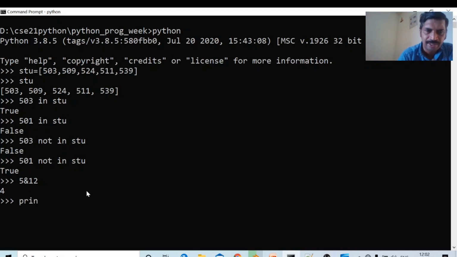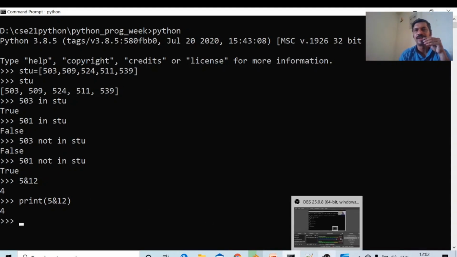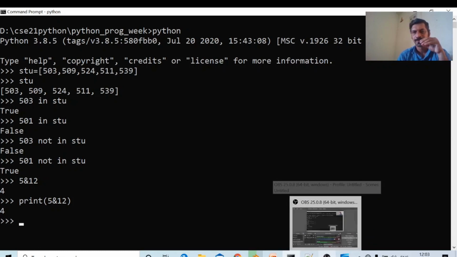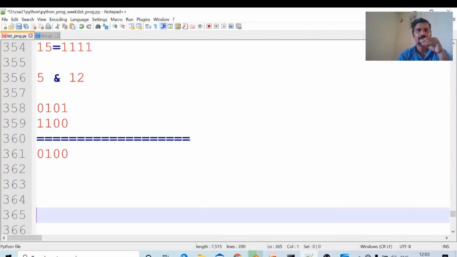Print 5 and 12. What value does it print? 4. Okay. In this fashion, the bitwise AND operator performs the AND operation on the corresponding bits in the two operands. Next, we will see one more example on AND.